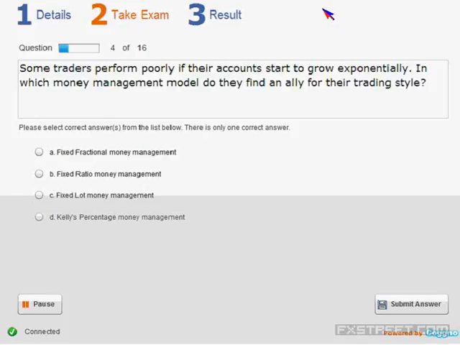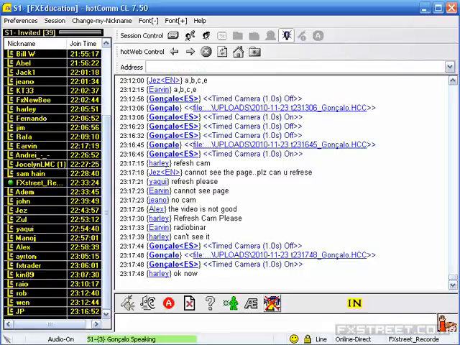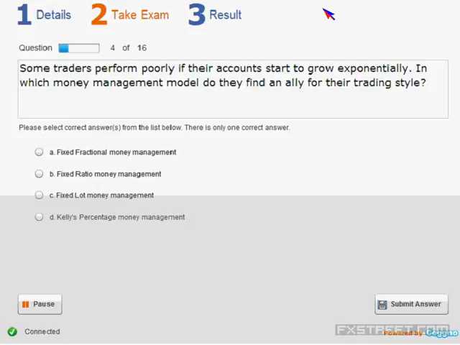Okay, so you can see the question addressing which model could work as an ally for a trader whose account starts to grow exponentially. We have the fixed fractional, which, as we have seen, is the one causing the problem of rapidly ascending equity curve. So answer A, we can exclude being the right answer. But then we have the fixed ratio, we have the fixed lot, and we have the Kelly's percentage. Which one would be